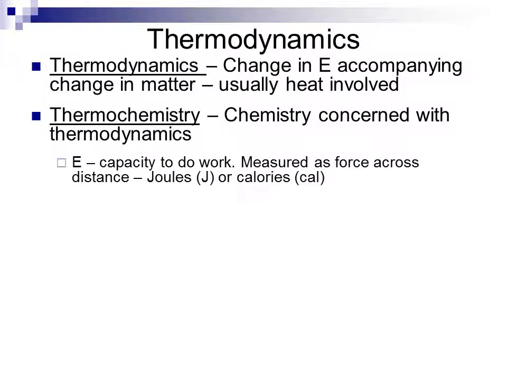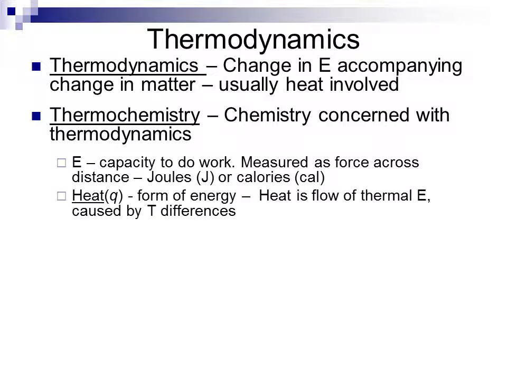In thermochemistry, we look at a number of factors. Energy is the capacity to do work. We measure energy as force across distance, or F times d, and generally it is measured in either joules or in calories. Heat is a specific form of energy. Heat is abbreviated with a lowercase letter q, and it is a measure of a flow of thermal energy that flows from areas of high temperature to areas of low temperature, where temperature is a measure of the average thermal